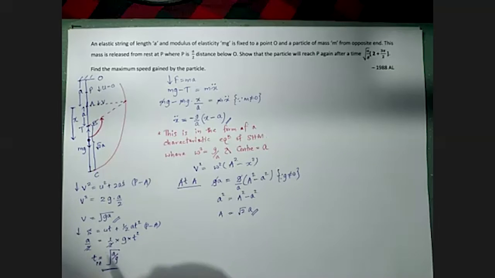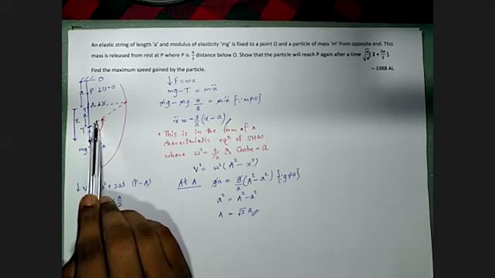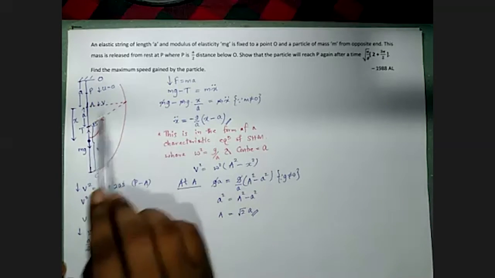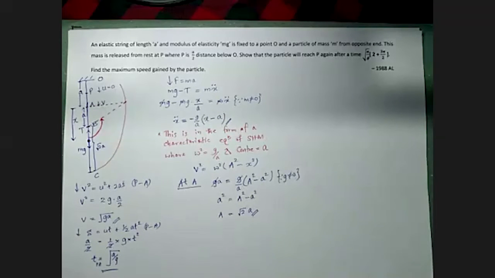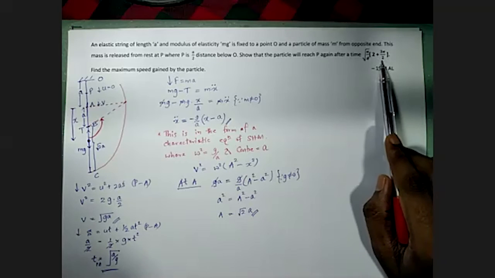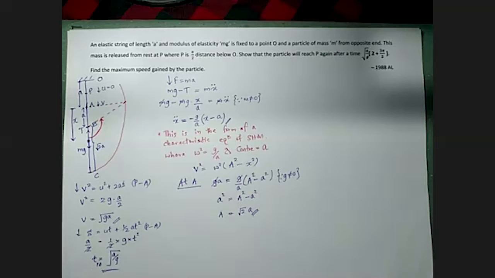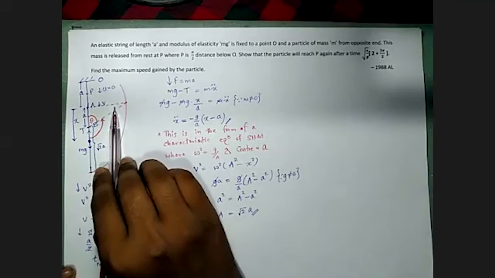In other words, here in this problem, I can mark my theta anywhere. That means, what are the two places that I can mark my theta? Either here, this point, or here. To any location, any selected point, any selected angle, I will get the answer. That's why they have not given a sine inverse, cos inverse thing like in previous examples we discussed. Therefore, I will mark my theta here. You can mark theta here also.